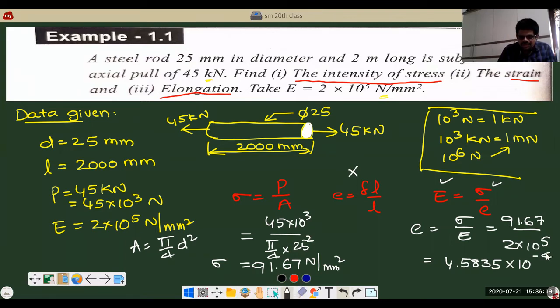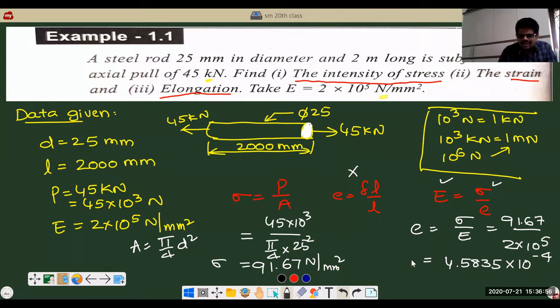So this is 4. Yeah, Mr. Sai Krishna is correct from first shift. Good. And now tell me, what are the units for this value? Can anybody tell me? Since this is strain, there are no units. So you should not use any units for strain.